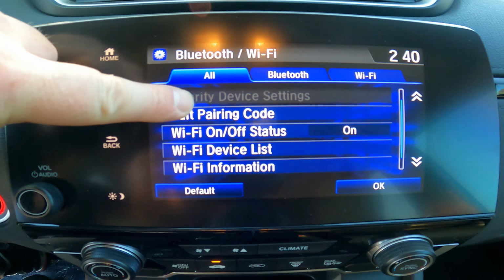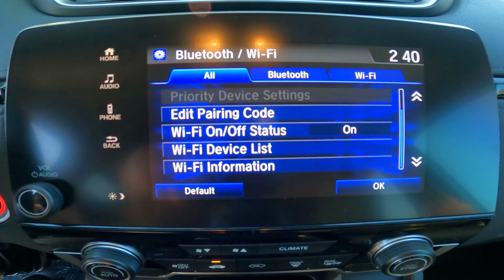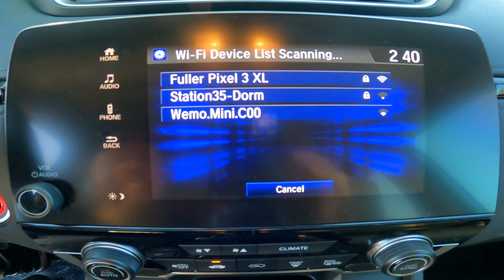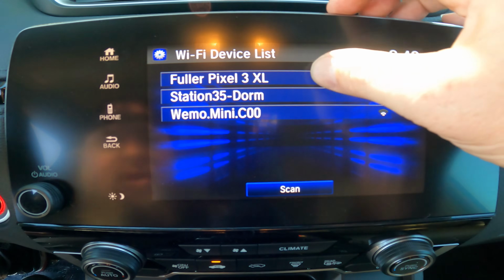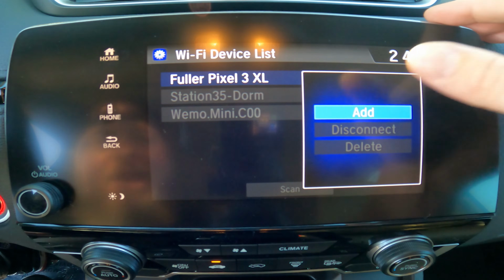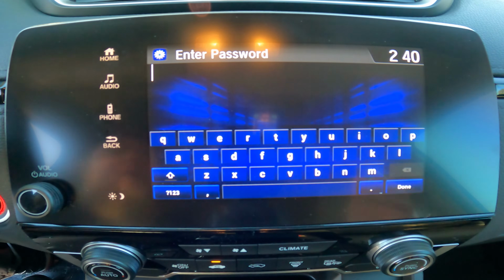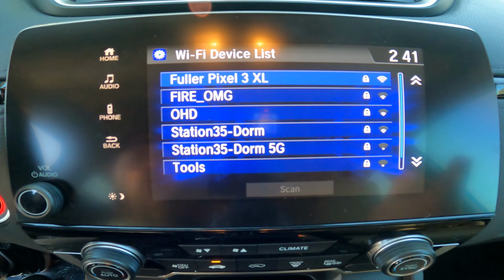Now, from there, I need to scroll down a little bit and go to the Wi-Fi device list because I now need to add something to the Wi-Fi device list. So what I've done is I've turned my phone's hotspot on, right? So I can see my Pixel right there. So now I can go ahead and select it and hit add. Once I've done that, I'll simply type in what my password is and we'll be able to access the internet. So now that I've put in my